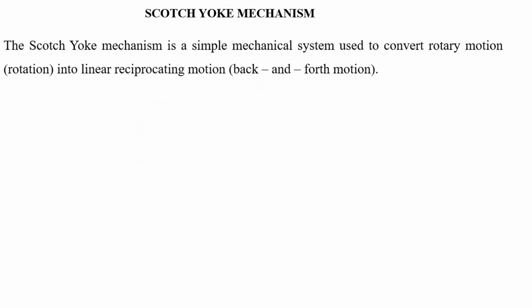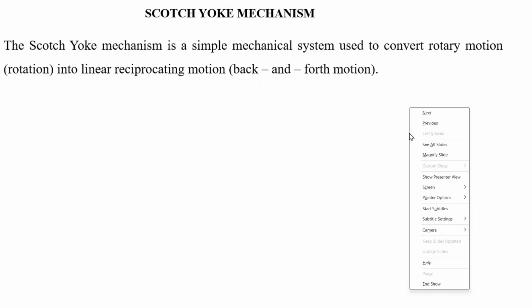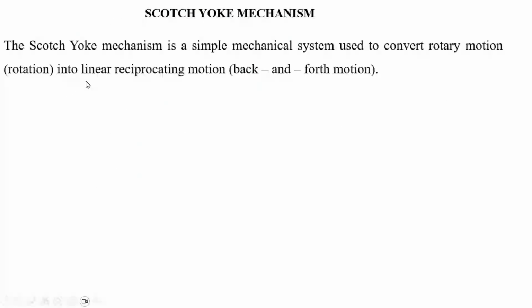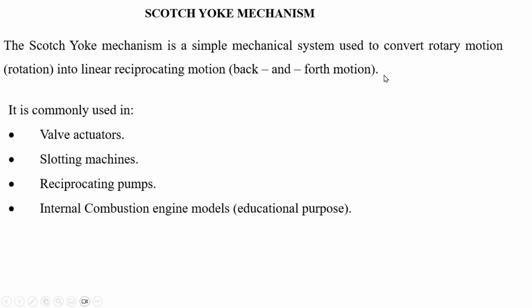In this video, we are going to take up one more mechanism, which is called the Scotch Yoke Mechanism. The Scotch Yoke Mechanism is a simple mechanical system used to convert rotary motion into linear reciprocating motion, which is back and forth motion. It is commonly used in valve actuators, slotting machines, reciprocating pumps, and IC engine models, which is